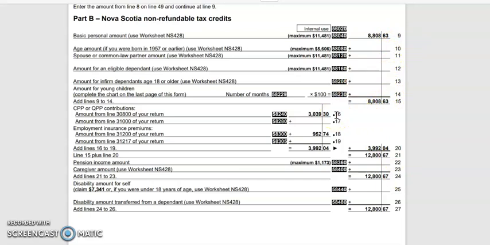Then we do the CPP calculation again. We have the 3930. That comes directly from line 30800 of your return. So from your federal tax amount, you already figured out the CPP contribution, so you can copy the same amount to here. The same with the employment insurance premium that came from your line 31200 of your return. It's carried again here. So then you add those two together, carry them over, add that to your 8808.63 to give you